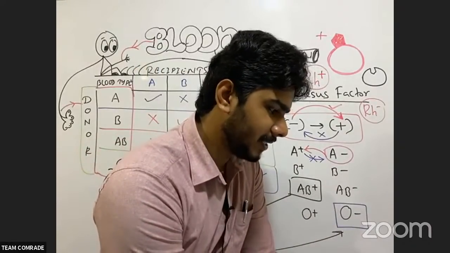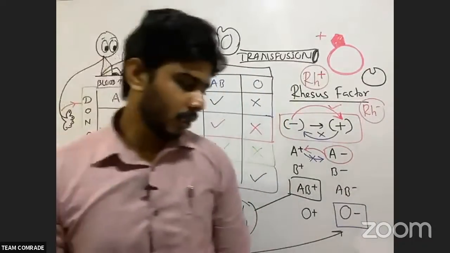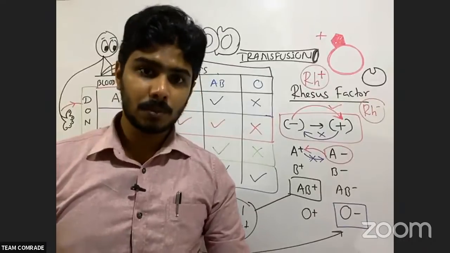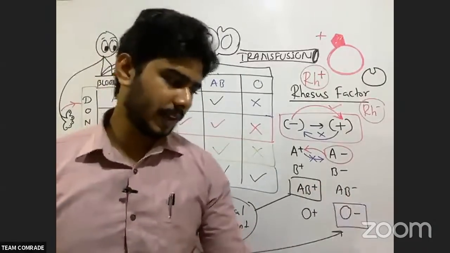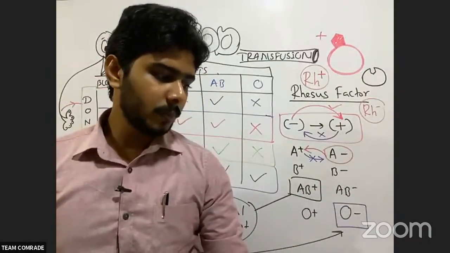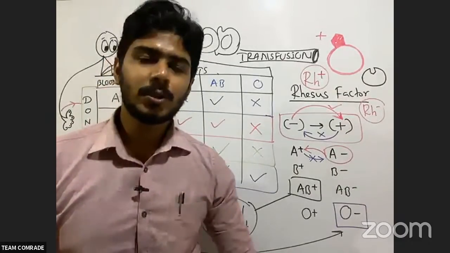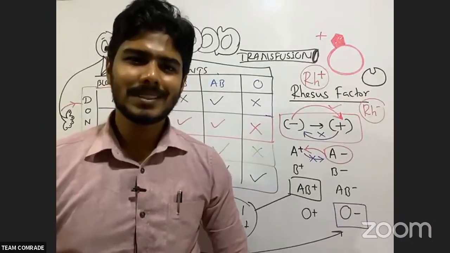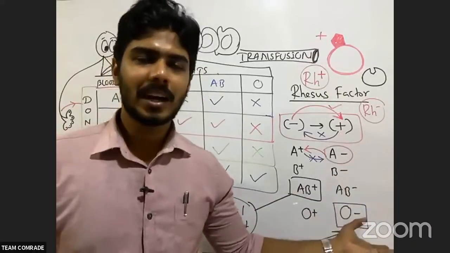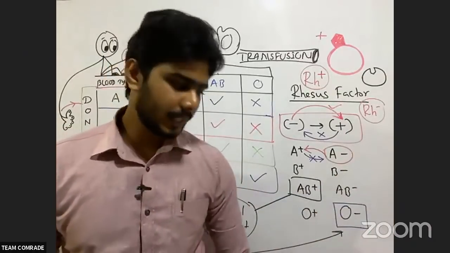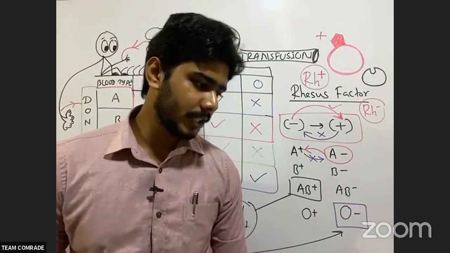So the recipients have been given as a table again. Then you see, to donate blood, both the blood group and the rhesus factor have to be matched. These are the two requirements to get matched: the blood group and the rhesus factor. Therefore, both the blood group and the rhesus factor are considered when stating the blood group of an individual. When you want to take the license, they will take your blood. That is the first place where you get the blood report. In that, you can see which kind of blood you have, positive or negative or AB, something like that. Okay. So then we have to know about blood agglutination.